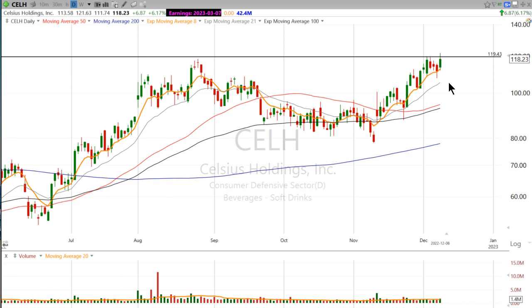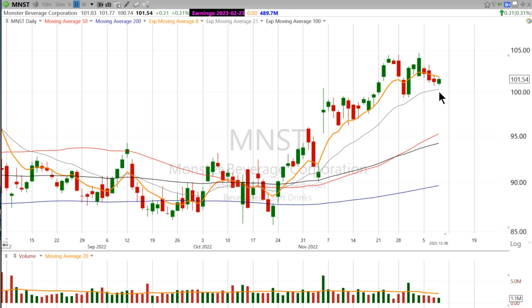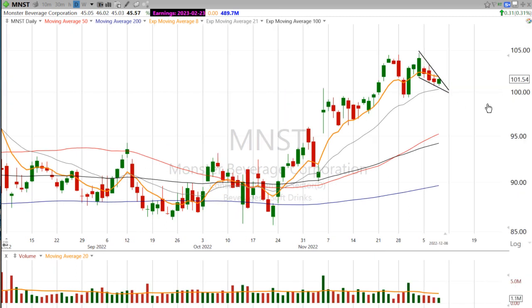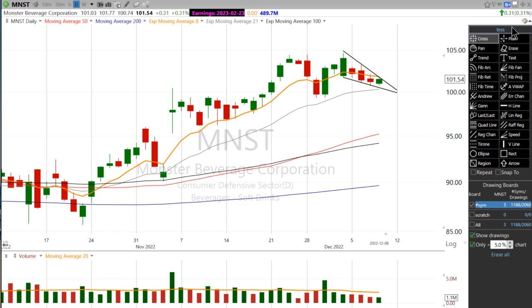Another beverage stock is Monster, MNST. Check this pattern out. It's under the 8-day, but it's still holding up above that 21-day. And we can draw a little bit of a wedge. It's not perfect, but it looks pretty good to me. So what I'm looking for from Monster is, again, a strong move through this resistance level, that 102 zone,